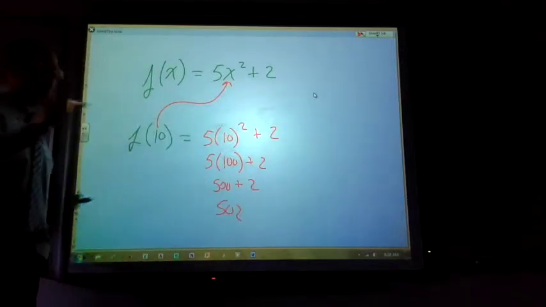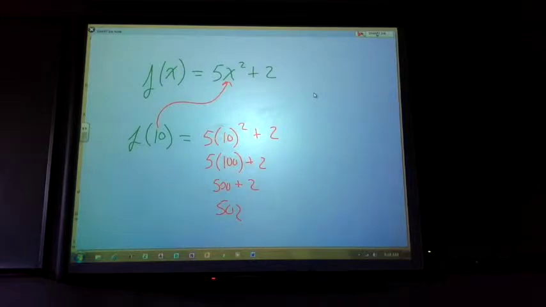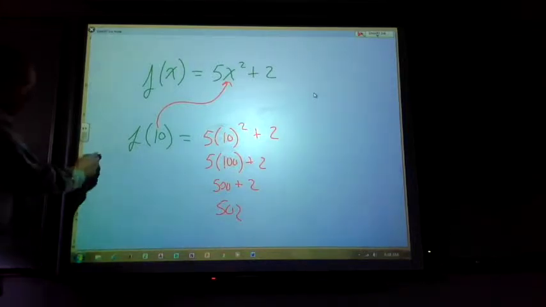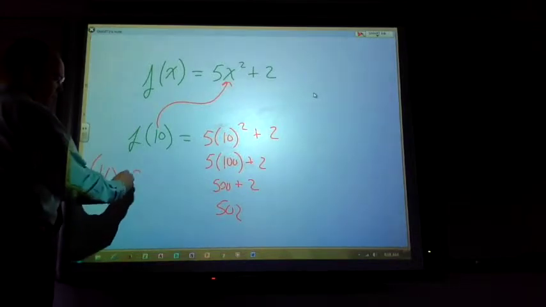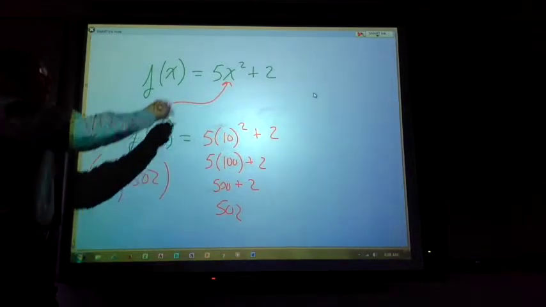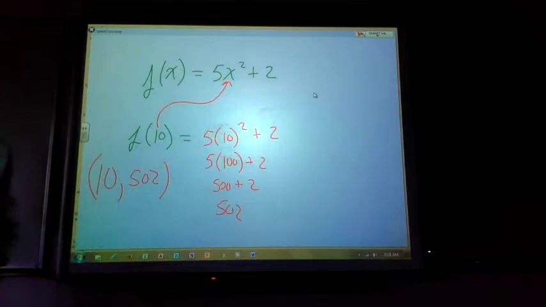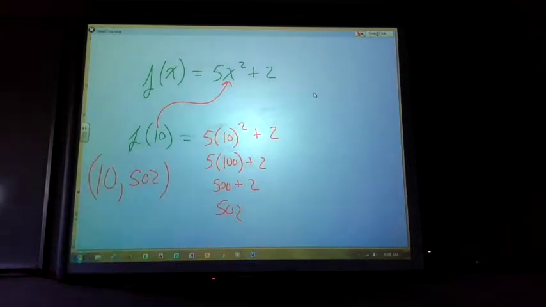So what point is this? What point? There you go, good. 10 comma 502. So if I were to have graphed this, the point 10 comma 502 is one of the points on there. Okay? Now, what if we knew, what if they told us,